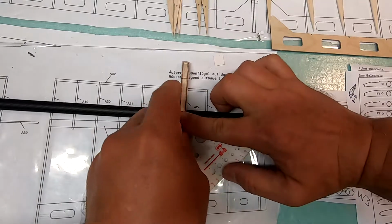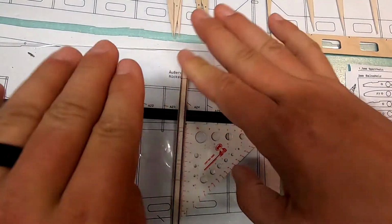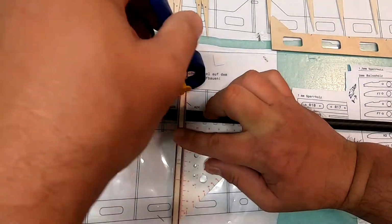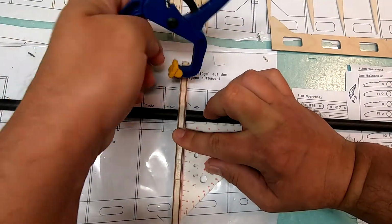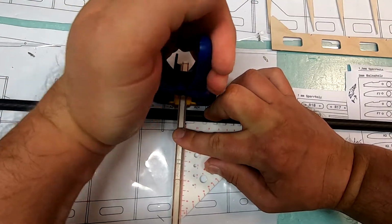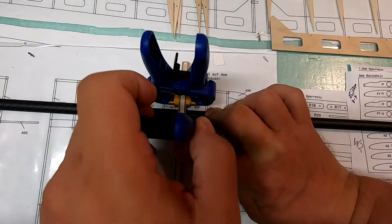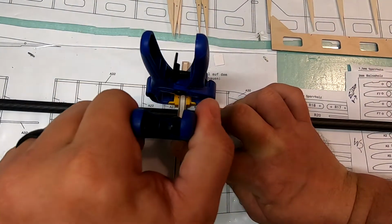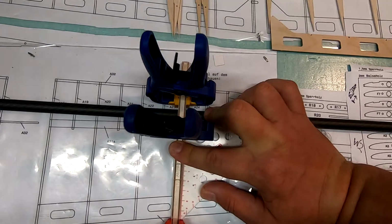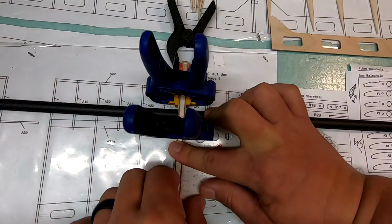Okay. So now I can make sure that these are not askew from each other, like this. And I can start doing a little clamping. Okay,